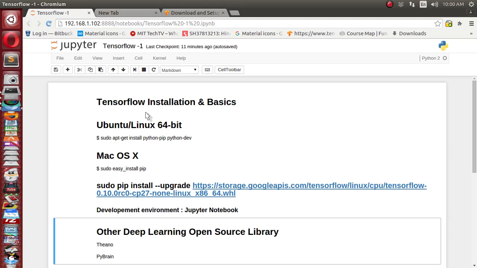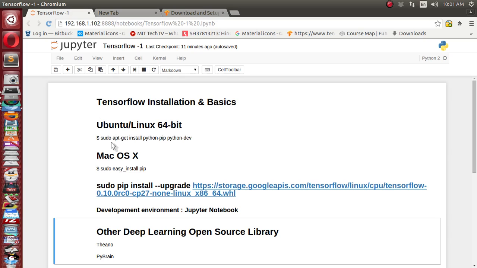In this tutorial we are going to see how to install TensorFlow on your Linux machine or a Mac machine. It is not supported till now on a Windows machine, so if you are on Windows, you can use a virtual box kind of environment. You install Linux on top of it, and then you can go ahead. I am using Windows anyhow, so let's see how to install TensorFlow on an Ubuntu Linux machine.